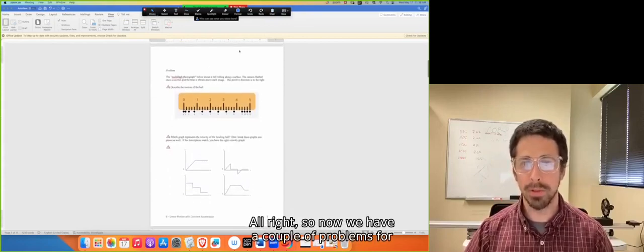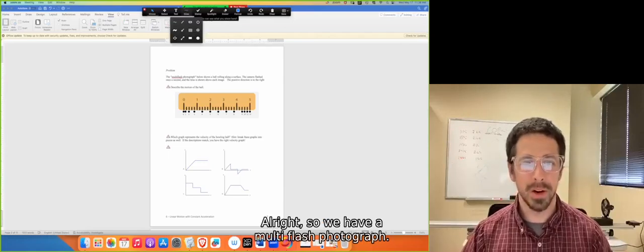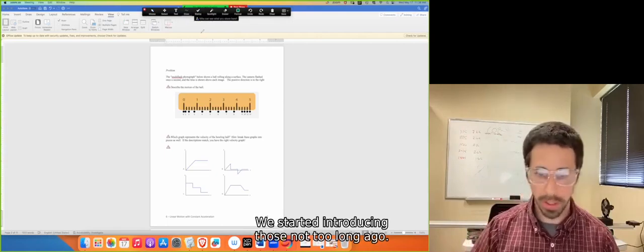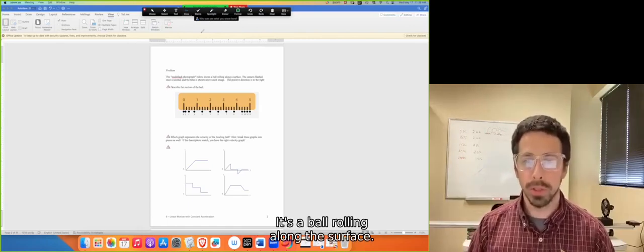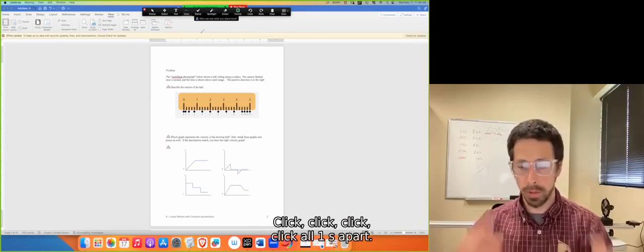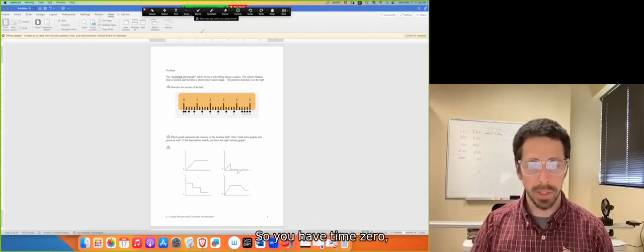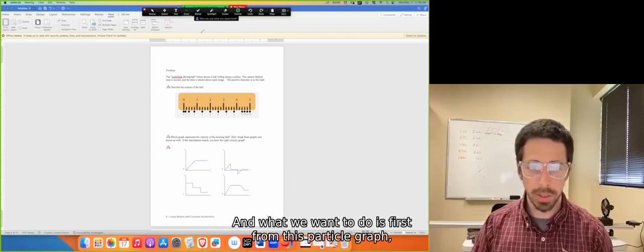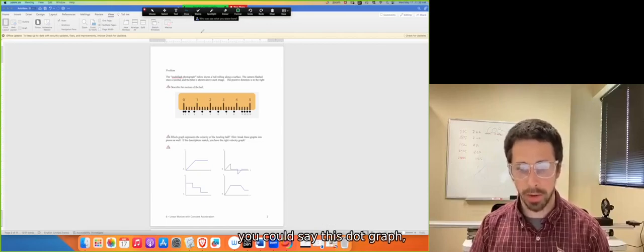All right, so now we have a couple of problems for you to work through here. We have a multi-flash photograph. We started introducing those not too long ago. It's a ball rolling along a surface. They're all equally spaced time interval pictures, click, click, click, click, all 1 second apart. And so you have time 0, time 1, 2, 3, 4, 5, all the way to 12. And what we want to do is first, from this particle graph, you could say this dot graph,